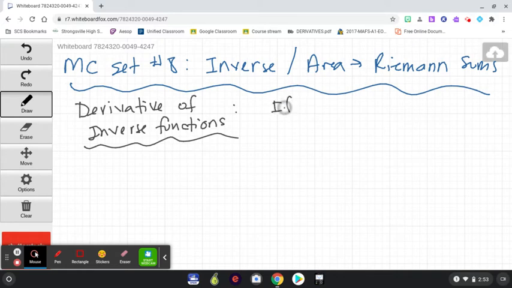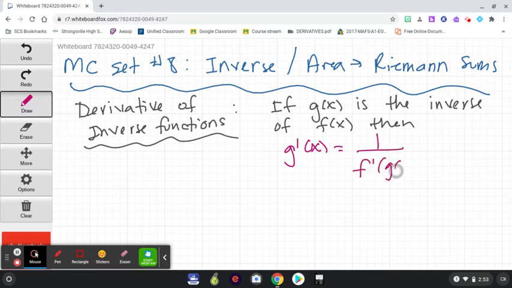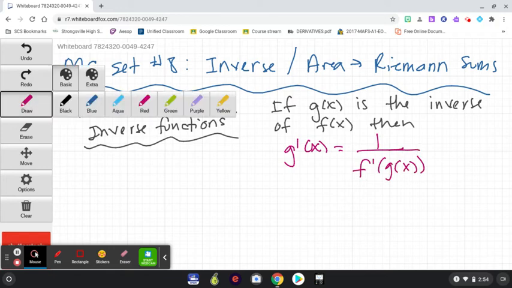It says if g of x is the inverse of f of x, then g prime of x, the derivative of the inverse, right? If g is the inverse, then g prime, the derivative of the inverse, is equal to 1 divided by f prime of g of x. Okay, and that's just the rule that you have to remember,